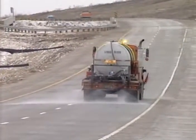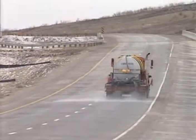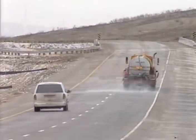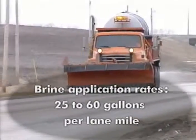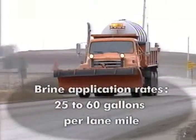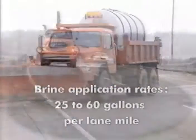Even if the forecast precipitation does not fall, most of the salt will remain on the roadway, ready to go to work when the next precipitation event occurs. Brine application rates can range from 25 to 60 gallons per lane mile, depending on conditions. Your supervisor will tell you what rate should be applied. When applying brine,